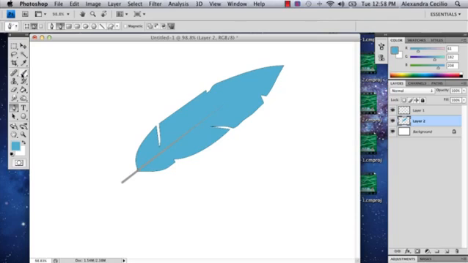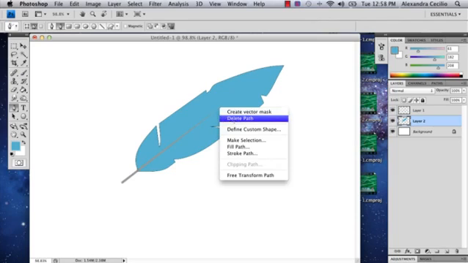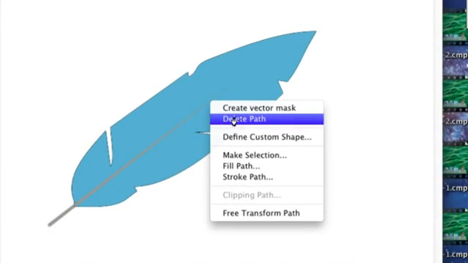And now you can go, oh yeah, and then hold Control again, click, make sure to delete path. This is really important. Once you're done drawing your path, just make sure you delete it. And there is your